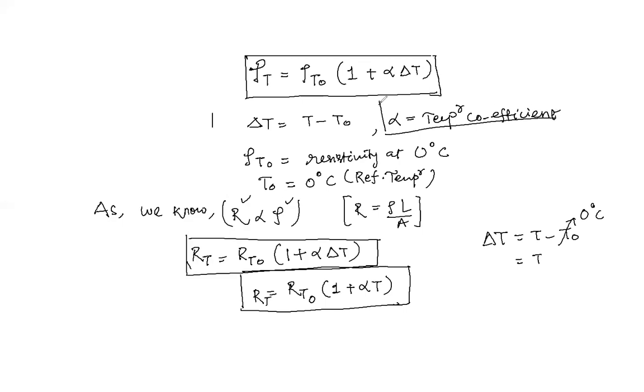We have already studied about the temperature coefficient in the previous classes. Here the value or the range of alpha decides what type of material it is and how the temperature dependency of the material depends on the range of alpha. Let's understand it. If I say that alpha, how does it depend? Let's understand.